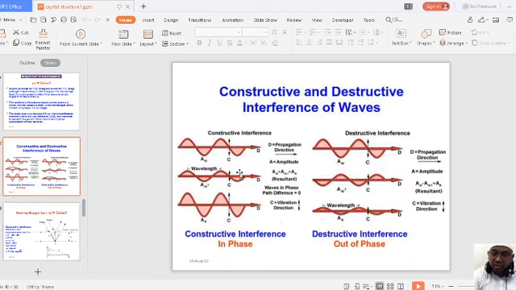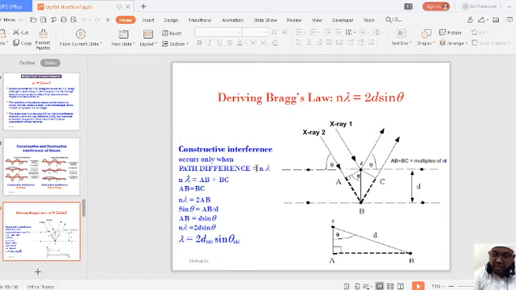Here you can see the waveforms, right? Three different waveforms where we are saying that the path difference should be equal to an integral multiple of lambda. So the path difference is equal to n lambda. If you take the path difference, what is the extra distance traveled by the second ray with respect to the first X-ray? That will be your path difference. From the diagram, what you can see is AB plus BC. So from the geometrical diagram we are seeing on the screen, n lambda is equal to AB plus BC.